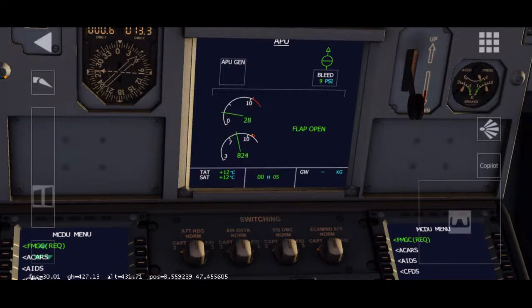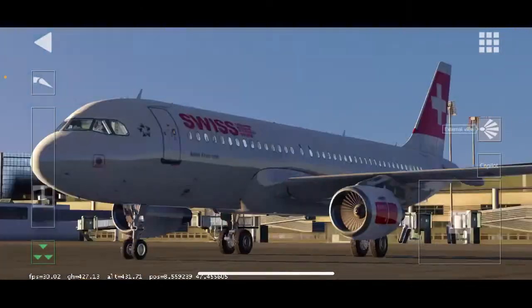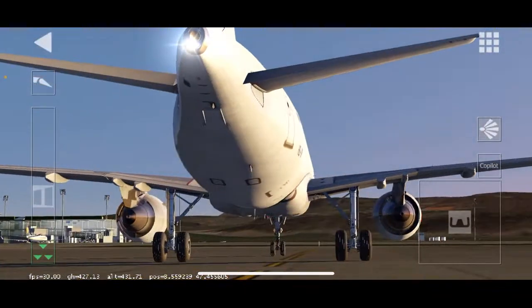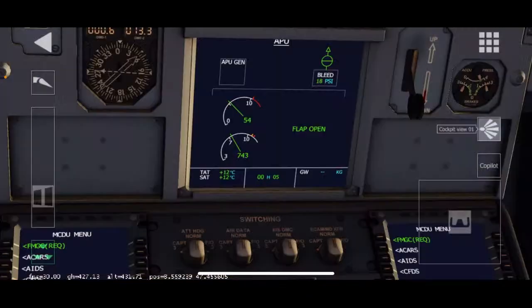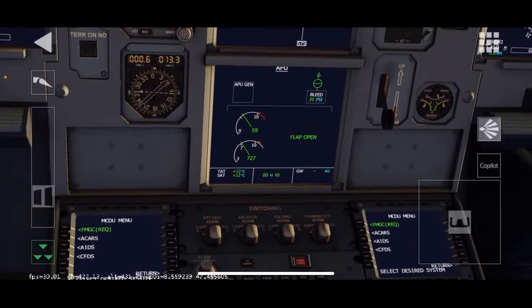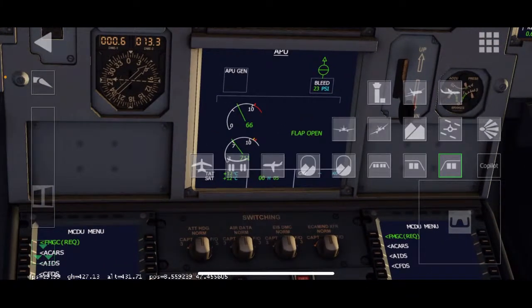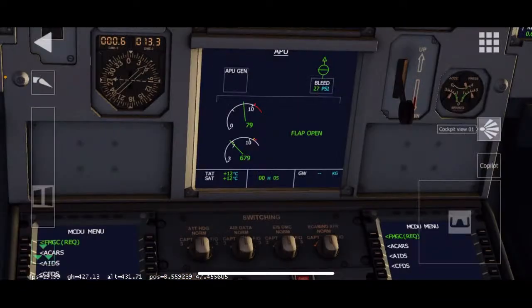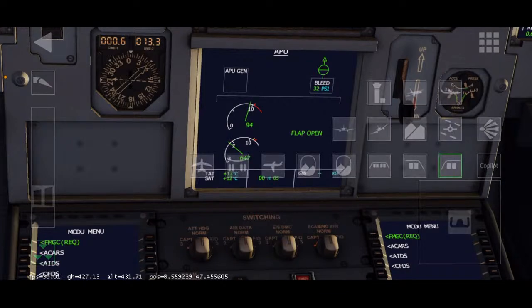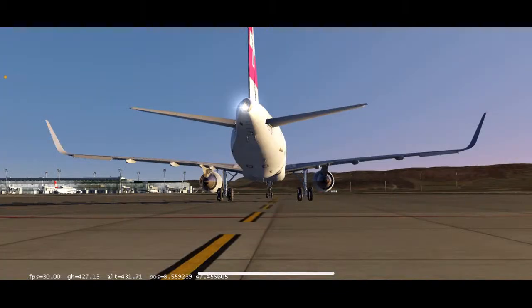So your flaps are open. We're going to go to the outside of the aircraft. You guys hear that sound? That's your auxiliary power unit, basically what gives the plane its own power, starting up. Very, very loud. Trust me, when I worked at United, it was super loud, with all of the APUs all around me. You need earplugs. It's basically like a jet engine in the back of the plane, providing power.